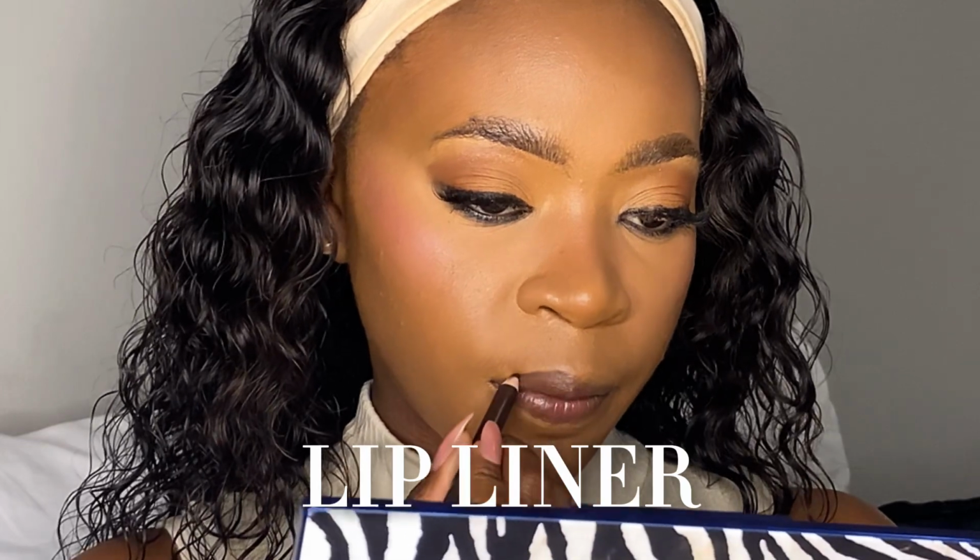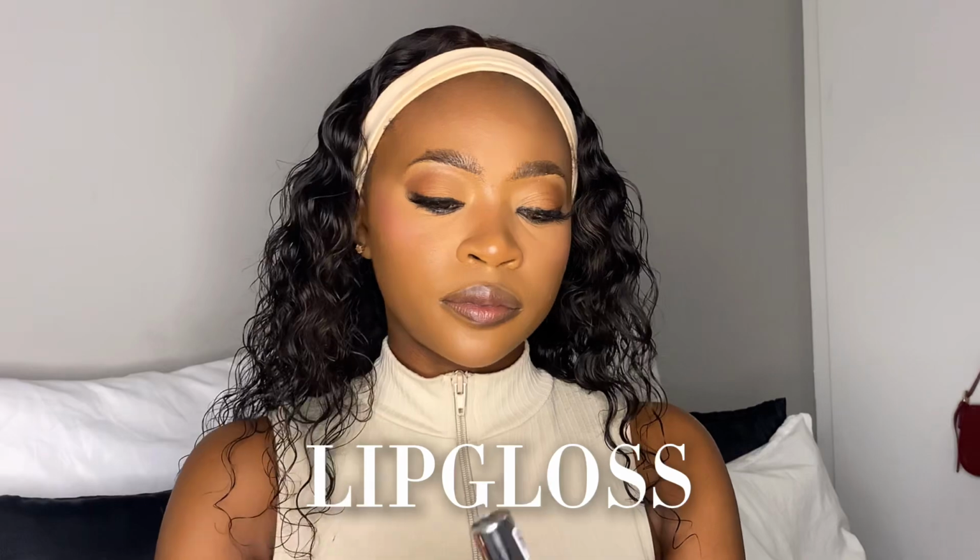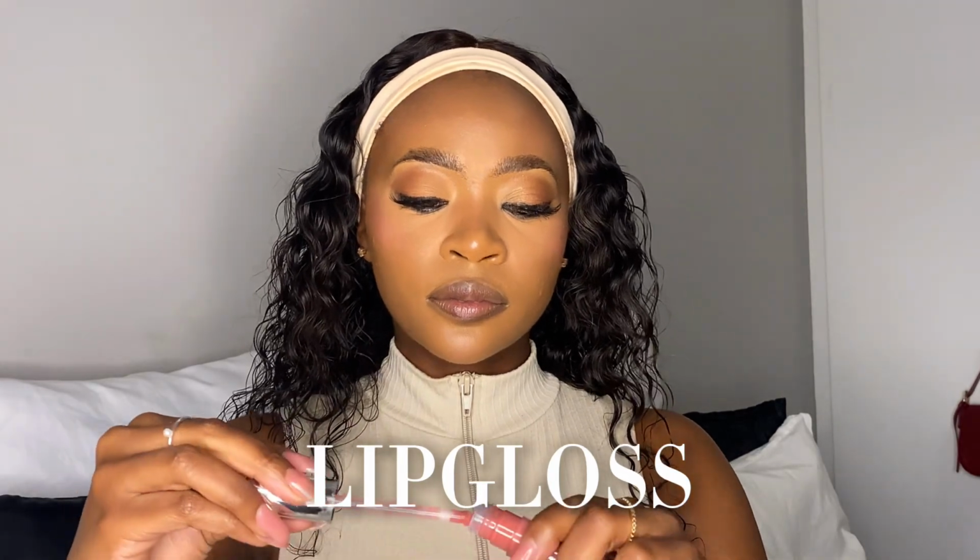So I'm going in with the lip liner. I've decided that I actually don't want to do lip liner looks, but I mean, you kind of have to, because they also are bomb, you know. But yeah, I'm going in with the lip liner. I'm lining up my lips. I don't really extend the liner, because I feel like I've got big lips already. So I feel like I just don't want to look, I don't know,